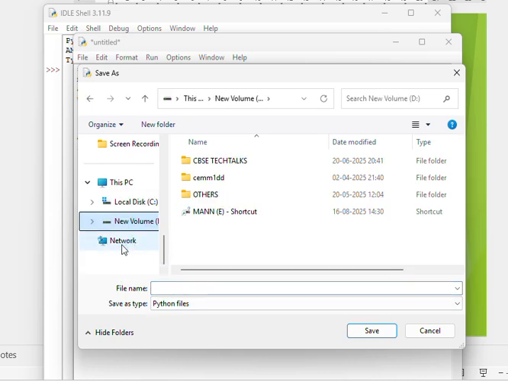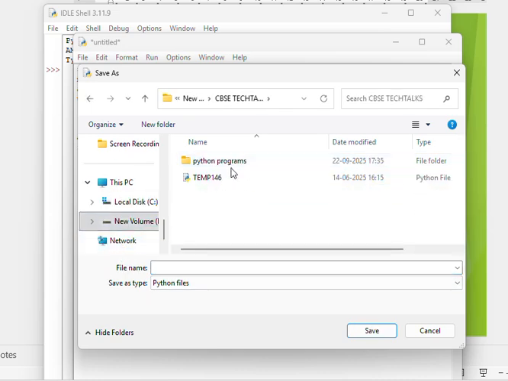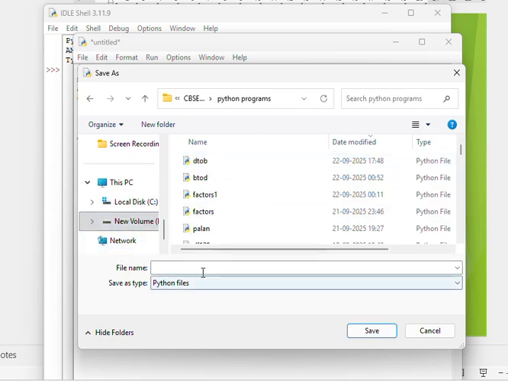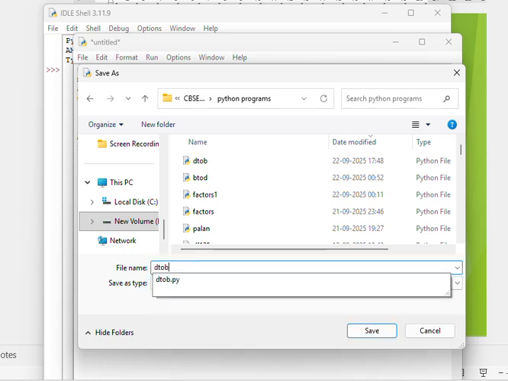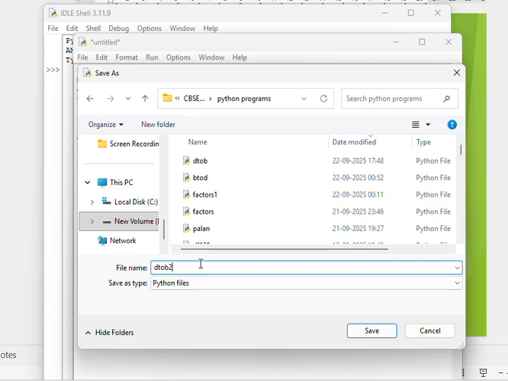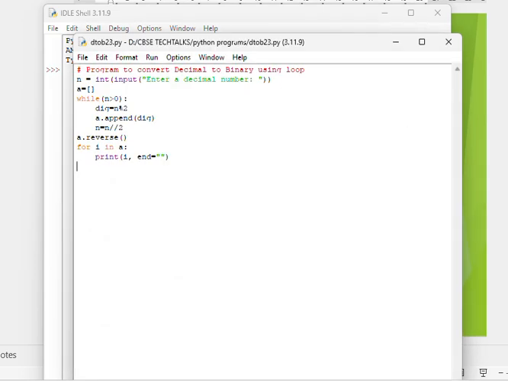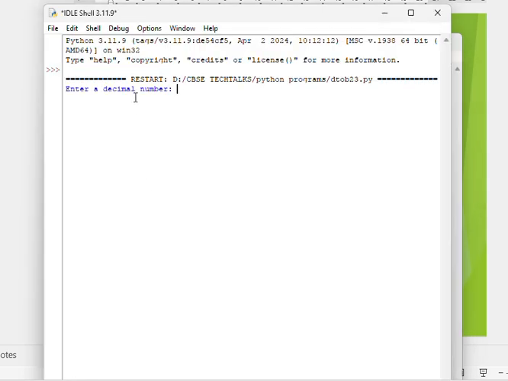Now it is going to save the program, so I am going to my location, that is the D drive. Wherever you are saving, you may go there. It is decimal to binary. Okay, the program is already there, so I can write today's date so that it will be easy for you. Enter the decimal number. Let's take the number 8, and we know that for 8 it is 1000. So the conversion of 8 is 1000.